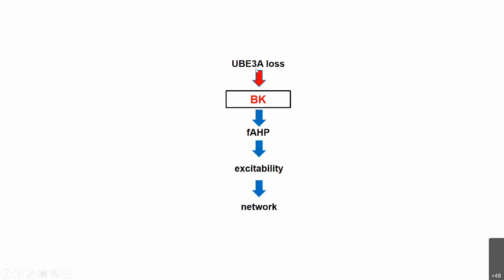Okay, so I just showed you that we find a novel substrate of UBE3A, which is the BK channel. This is a very novel finding. Nobody in the field of epilepsy, or I would say Angelman syndrome, ever suspected that this is a player. So it's a novel substrate for UBE3A, and we also find that this can potentially be used as a way to intervene and normalize the phenotype, right? But there's one thing missing that I didn't get to show you.